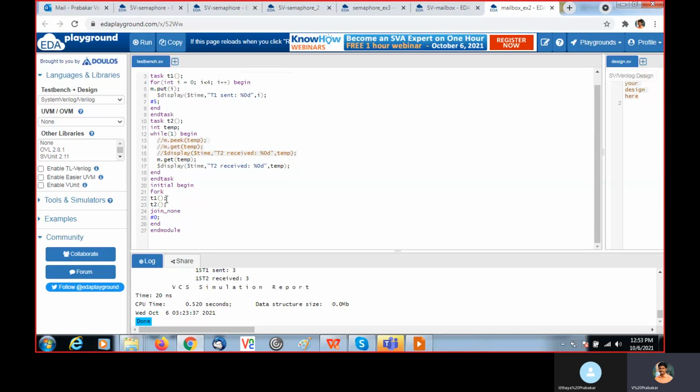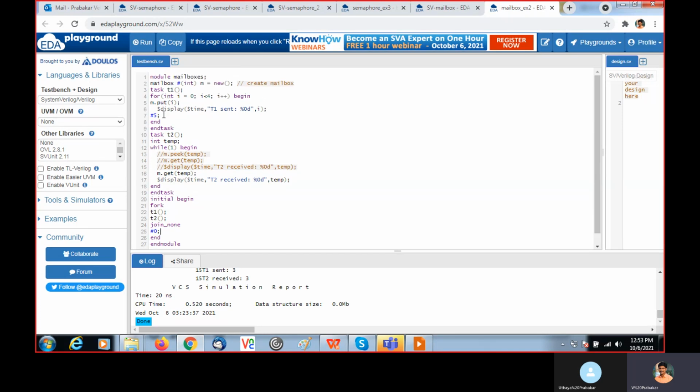Within the initial block, within fork join, I call both the tasks T1 and T2. So task 1 will put the integer I values inside the mailbox using the put method, and in task 2 we are getting the message or integer from the mailbox and displaying it.